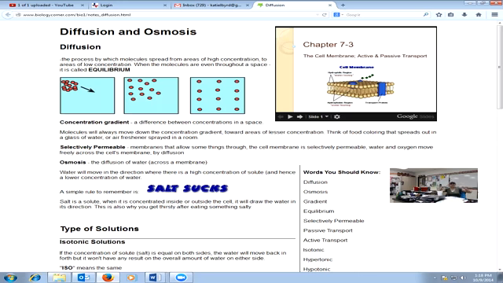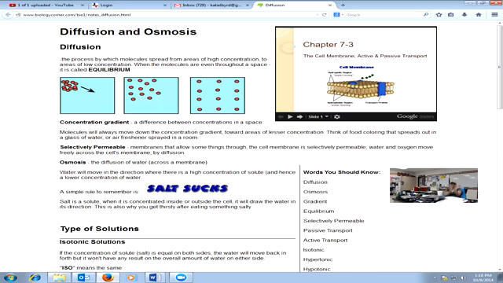What's going to be the beaker that has the most salt, right? Because there's not enough room in there for water. So think of it that way. It says water will move in the direction where there's a high concentration of solute, hence a lower concentration of water. So if you had those two beakers,